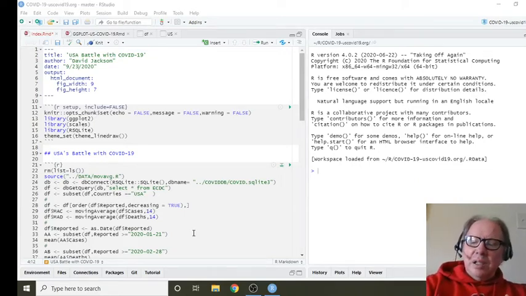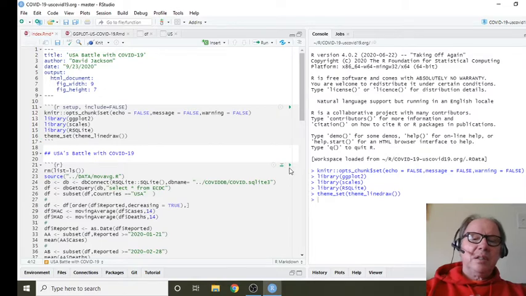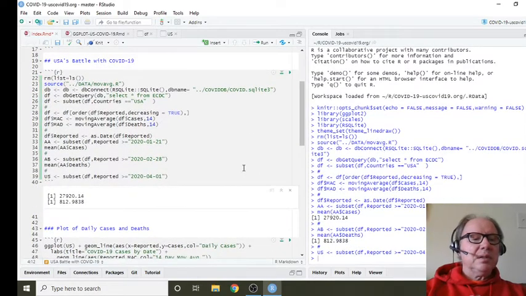Today is Wednesday, September 23rd, 2020. It's in the mid to late afternoon here in central Ohio. I'm getting ready to run a report for the U.S. Check the numbers for today. Okay, you can see here